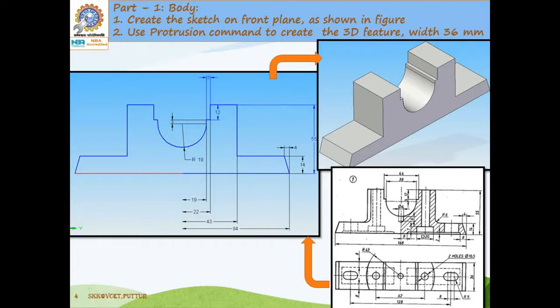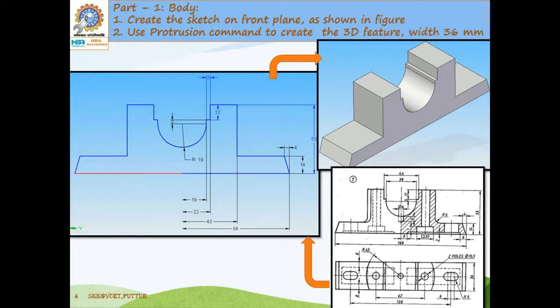This is the first part of the plumber block assembly, that is the body. To complete this first part, we have to face different types of steps, along with different types of commands.